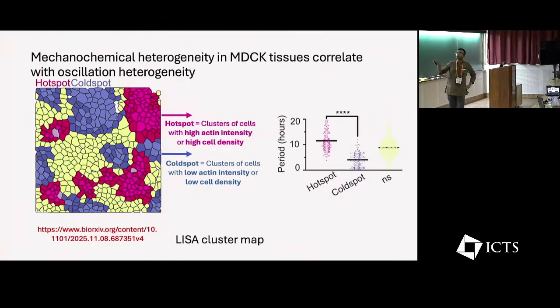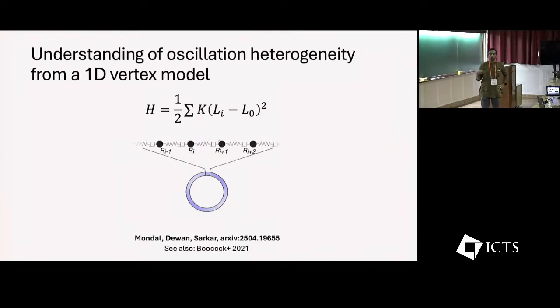What is even more interesting is that if you look at the behavior of actin, they keep oscillating, and the oscillation period correlates with the density of the system. If you have high density, you have a very high period, so you're not really oscillating. And if you have low density, then you're actually oscillating quite fast. We wanted to understand what is going on and how exactly this is happening. So we have a 2D system where we have recapitulated this, but it is kind of hard to understand there. So all I'm going to show you is a 1D realization of this, where we can actually study it analytically and provide some information to it.